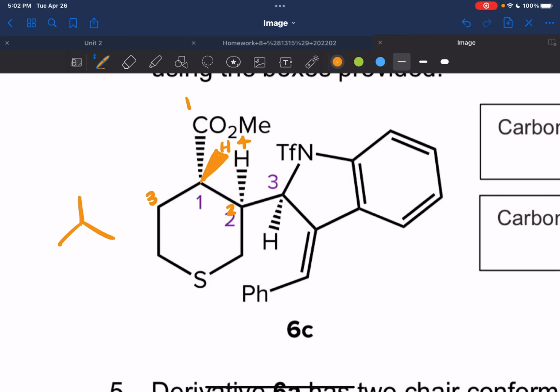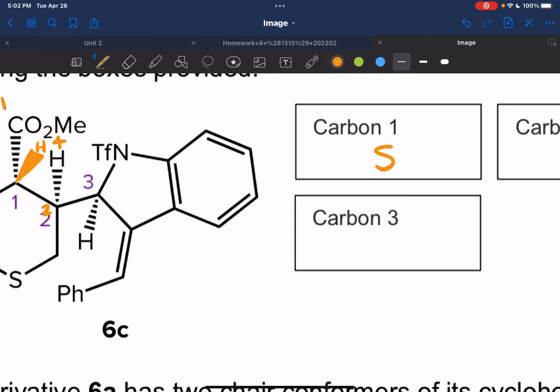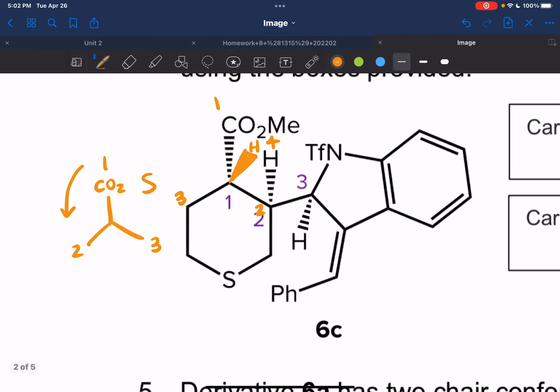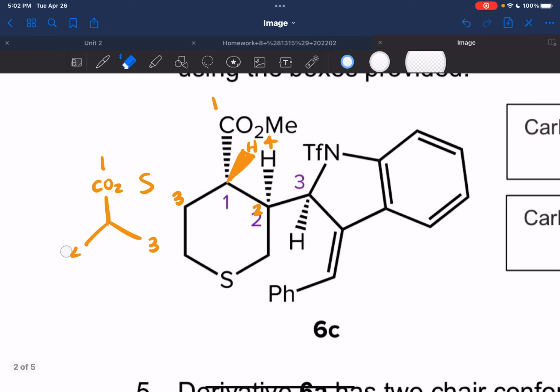And if you imagine flipping this 180 degrees, the hydrogen is now facing the back and the CO2 group is on top up here. That's number 1. Then the second and third carbons would switch places, so 2 and 3 would be placed like that. And looking at it this way, we have a counterclockwise configuration, meaning it is S, so we can label carbon 1 as S configured. And moving on to carbon 2,